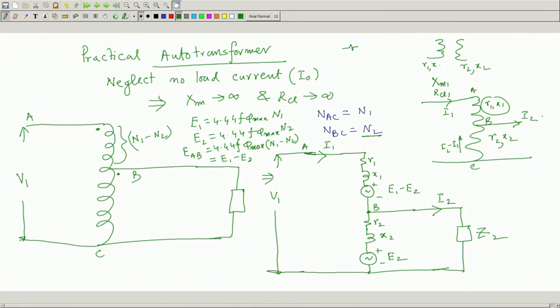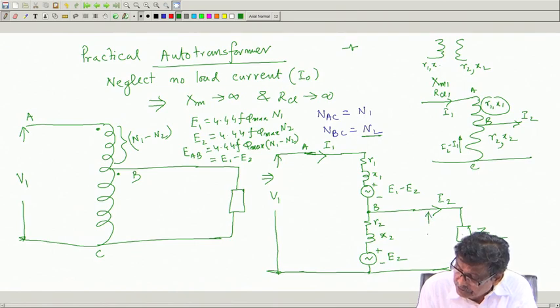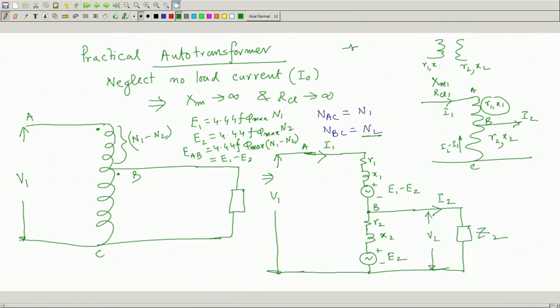But the only argument, an interesting argument, is this. See, the portion AB and portion BC, they are two individual coils as if, and this voltage I will call V 2, terminal voltage, which is not the same as E 2, because R 2 X 2 is there. But R 2 X 2 is not carrying the same current as the load, it is different. So, this current is I 2 minus I 1, is it?